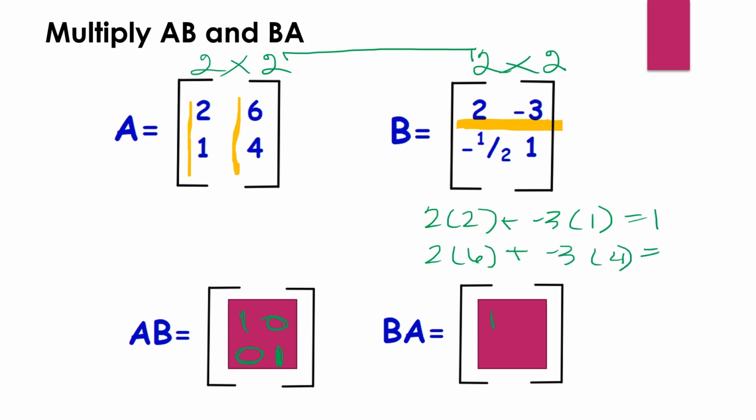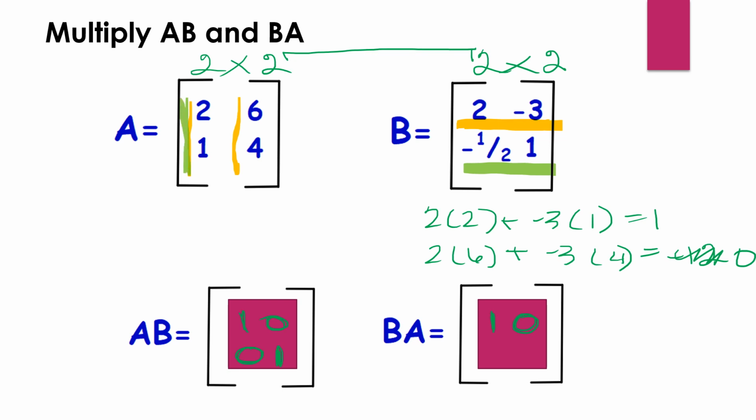So that will give us 12 minus 12, which is 0. 12 minus 12 is 0. There we are. Okay, so I took care of row 1. Now we're going to move down to row 2, and we're going to look at row 2 multiplied by column